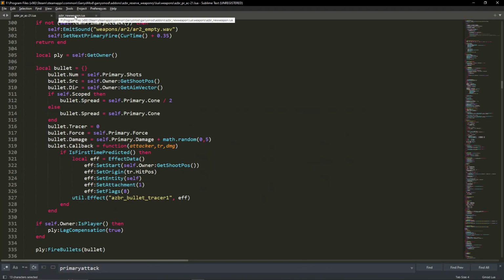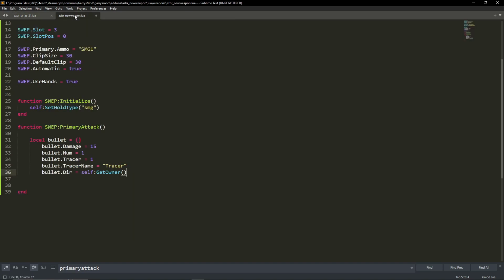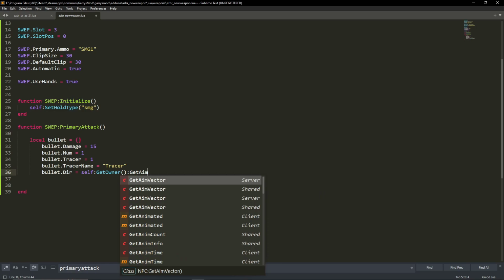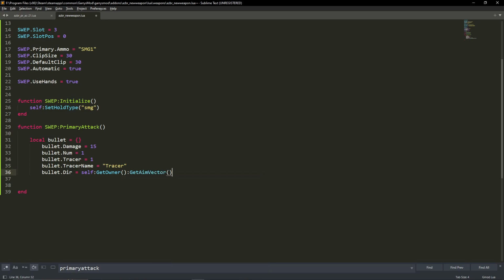And then we are going to do get aim vector, 2 parentheses. Get aim vector is basically the direction that you are facing. We want the bullet to go exactly where you are looking. Well, now, where is the bullet coming from? We don't know. We need to set that. So